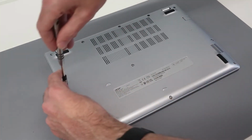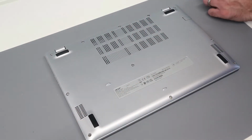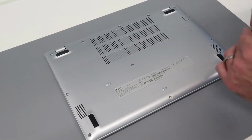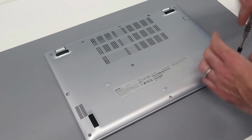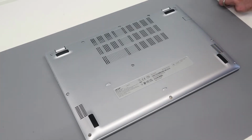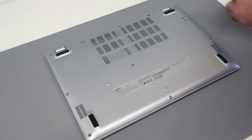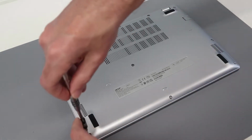Anyway, we're just going to remove these. They're all the same size, but I just placed them off to one side in the same arrangement that I took them out. Just makes things easier if you encounter a machine where there is a different size screw in it. Two left now. And with this done,